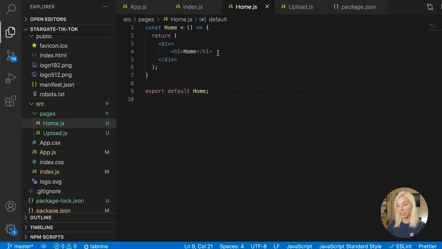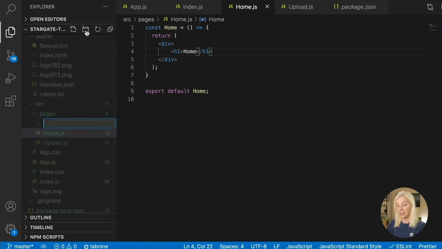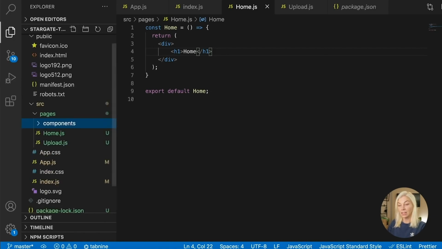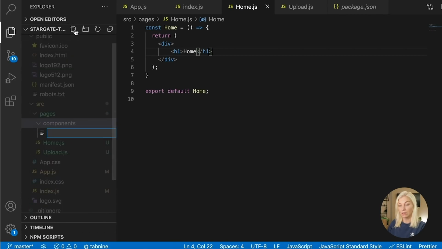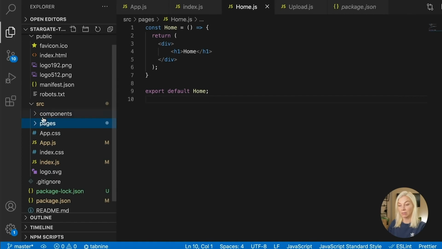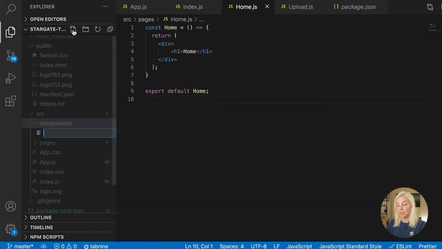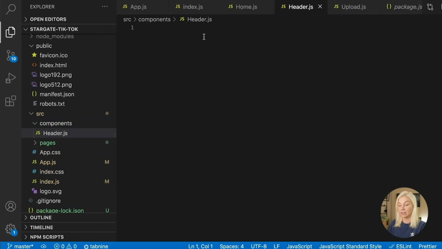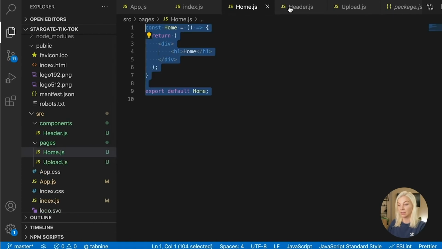So for this, I'm going to start off with creating the header. In here, I'm going to make another folder called components to store all this. And then in our components folder, which should not be in pages, I want it to be in the source directory. So these two should be on the same level because it just makes sense. Of course, you don't have to have it like that, but that's just the way I want it to be. So in here, I'm going to put header.js. As I said, I want this. So I'm just going to copy this again to make my header